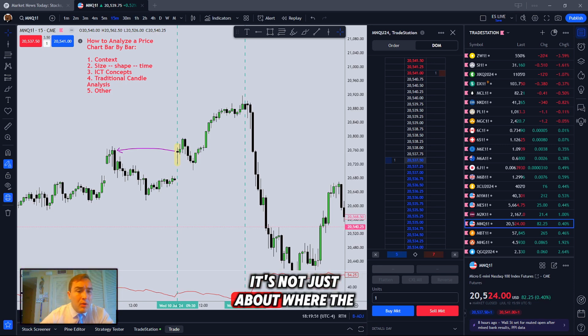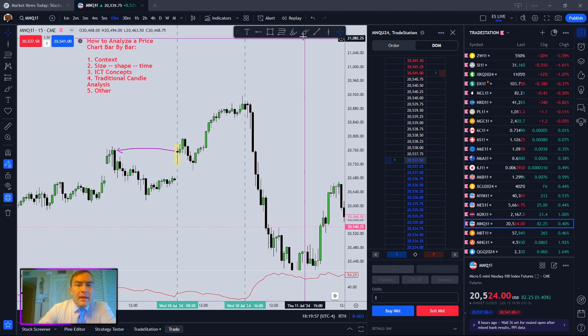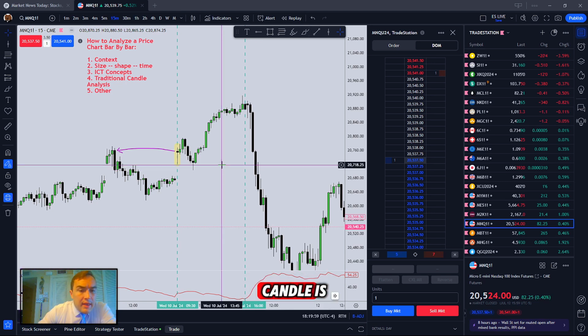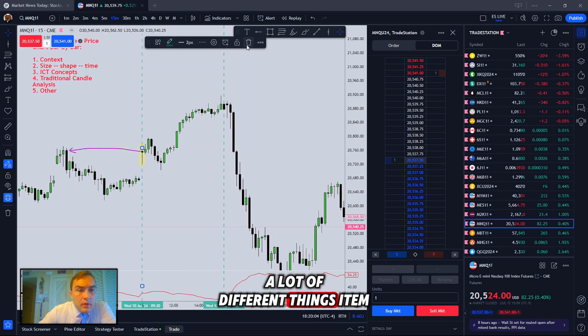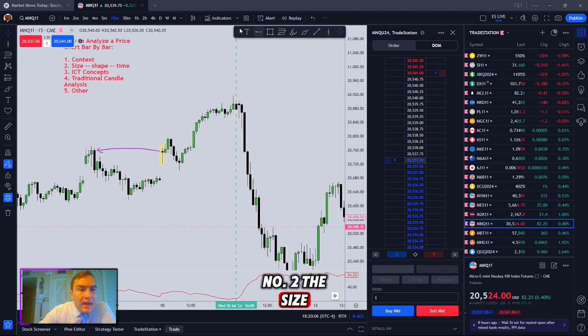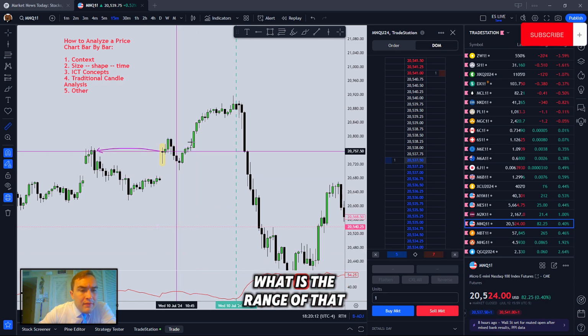So it's not just about where the candle is in relation to the prior price action. Now, guys, what also goes into reading a candle is a lot of different things. Item number 2, the size, the shape, and the time. Okay, so when I'm looking at a candle, I want to know, all right, what is the range of that